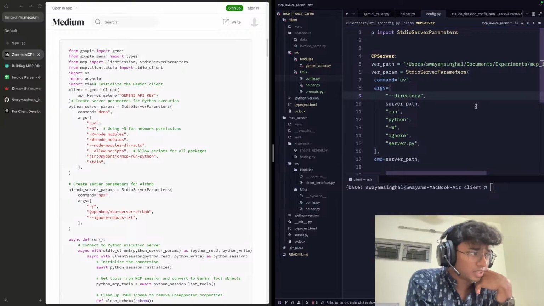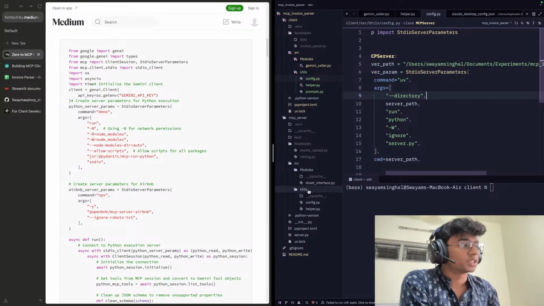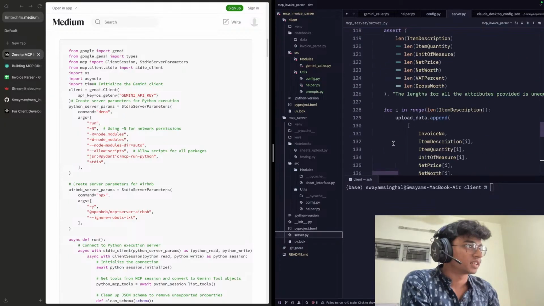Oh, MCP is just like a server. So it's mostly like a FastAPI server. It is built on the HTTP protocol in terms of network, and it just makes some endpoints available. If you have worked with FastAPI before, you would be familiar with this kind of architecture where